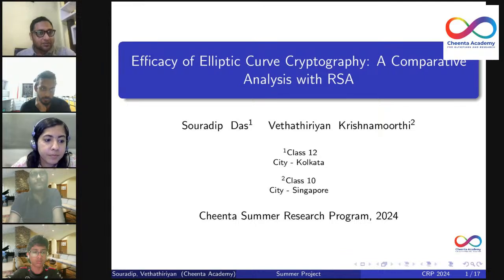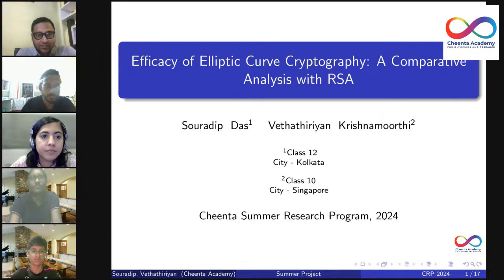So I think we have Shaif here with us, Muskan with us. These are the faculty members. Of course, Shaif in particular helped the kids a lot. And I think Souradip and Vethathiriyan are here, who are the main presenters of this particular research project. We are about to hear one of the first research projects coming out of the summer research program at